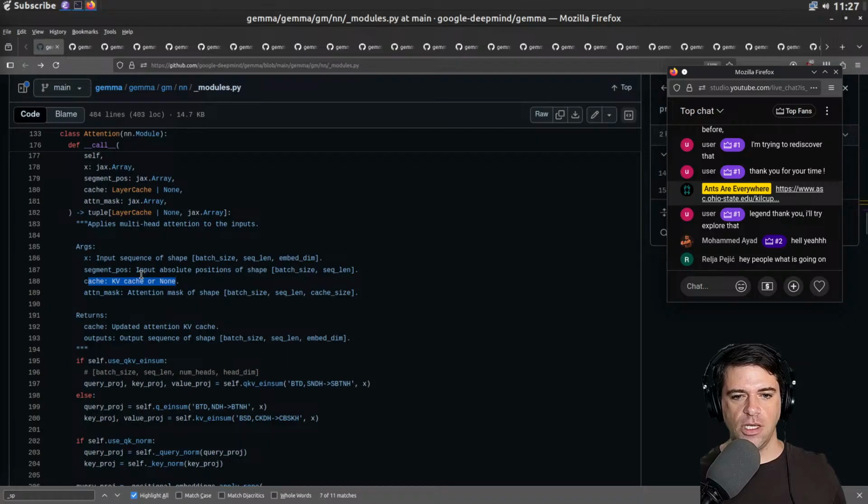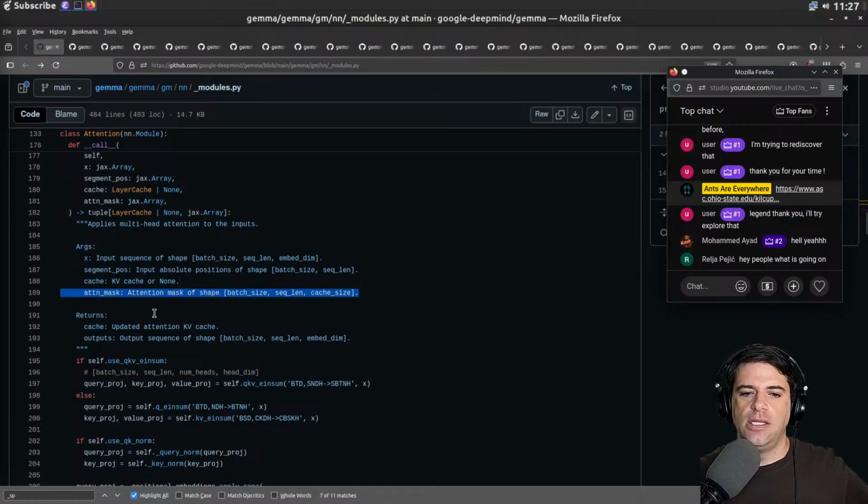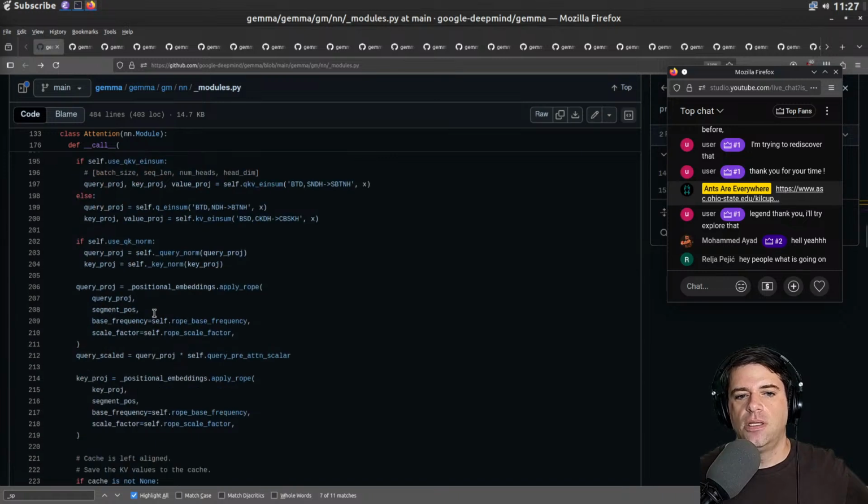So key value computations are costly. I think it's possibly the main cost of the transformer, and caching the key value lookups makes a lot of difference. And then the attention mask, or at least that's what I understand. I'll ignore Einstein summation. No, I won't. At any rate, we're going to get the query projection, the key projection, and the value projection